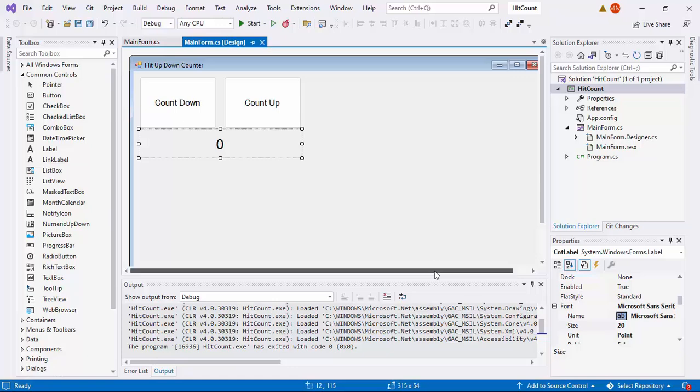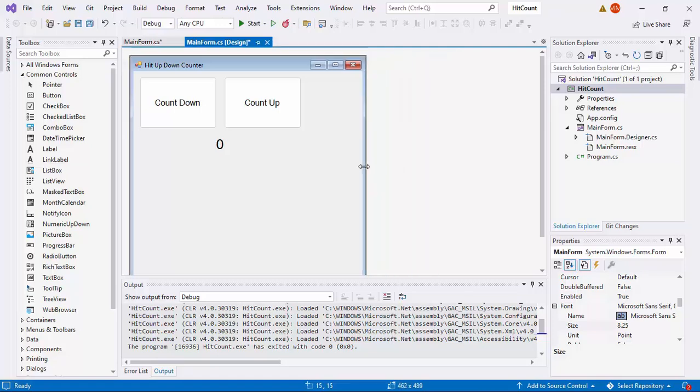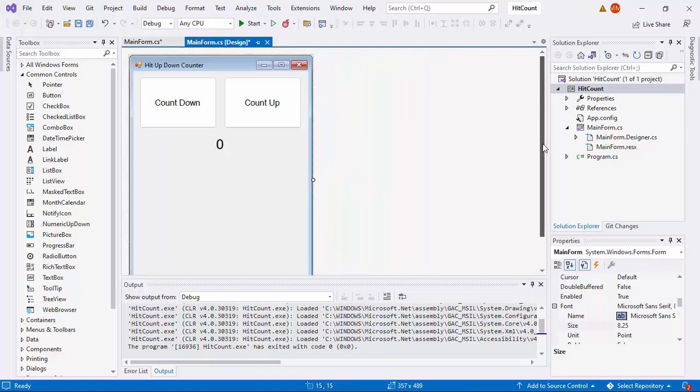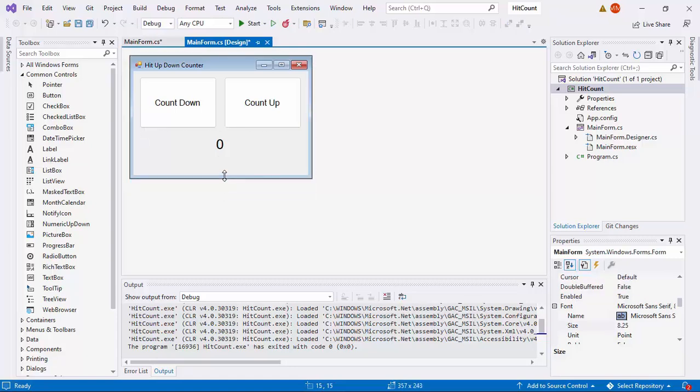Then we want the entire form to match up with the actual content of the form. Okay, we set the width, and then let us match the height. I hope that is nice enough.